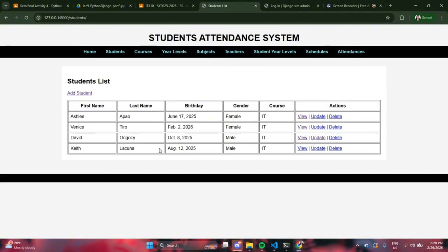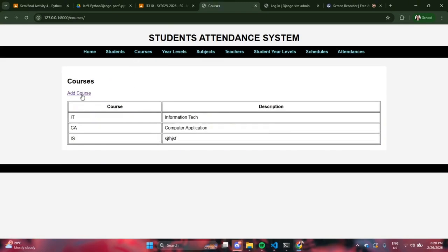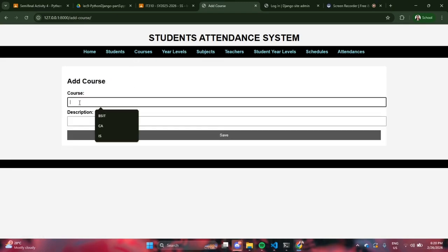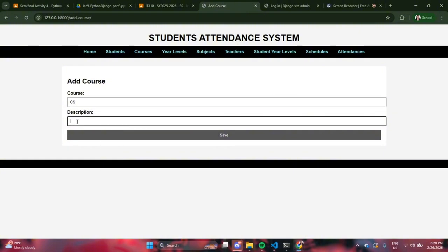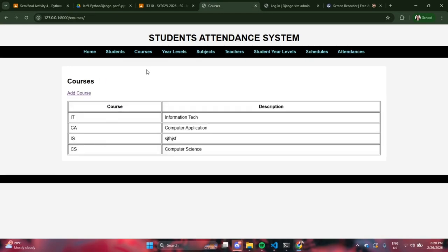Then Kit was added. Then in the courses, if I want to add a new course, CS, Computer Science. A new course was added, which is Computer Science.